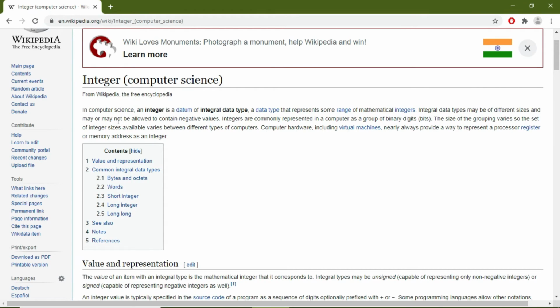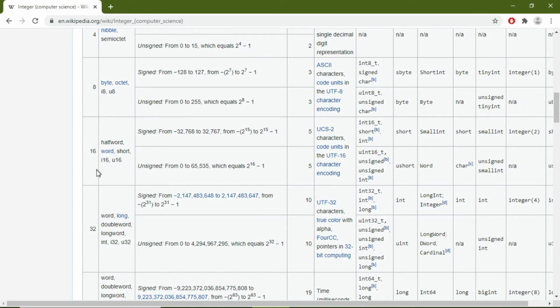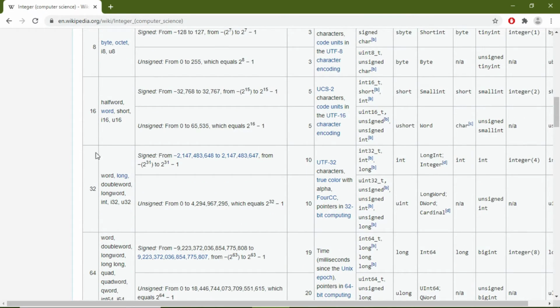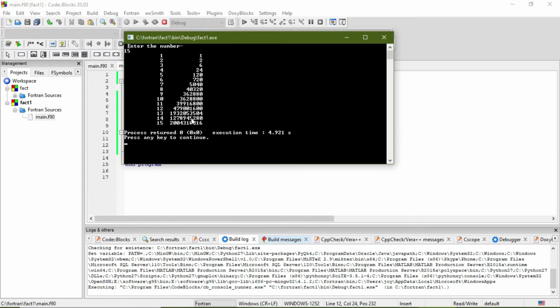Here you will find a table that lists the bits: 8 bits represent 1 byte, and 1 byte can store numbers from 0 to 255. Likewise here 16 bits, so 2 bytes, and 32 bits, that is 4 bytes, can store these values. When it crosses this value, it starts producing random numbers which we cannot predict. So this is happening here.